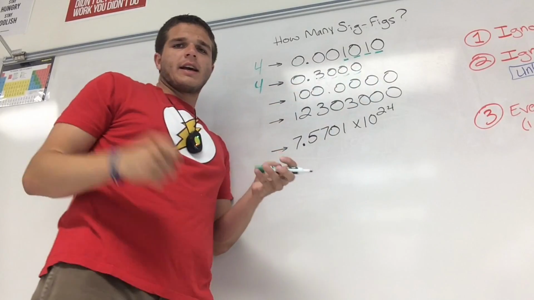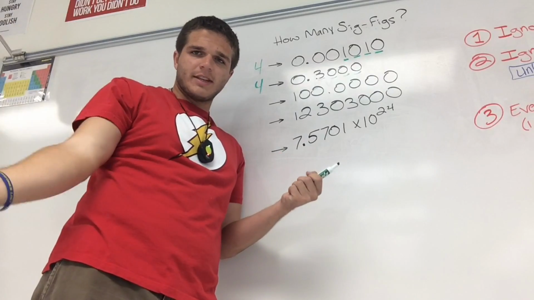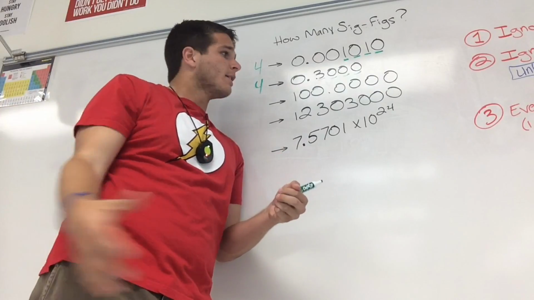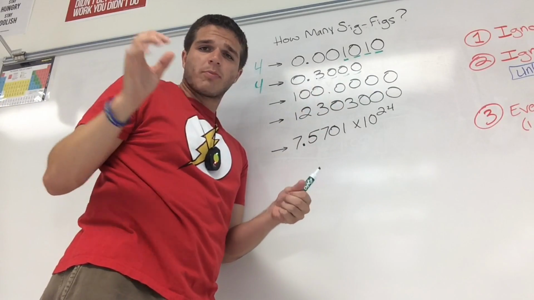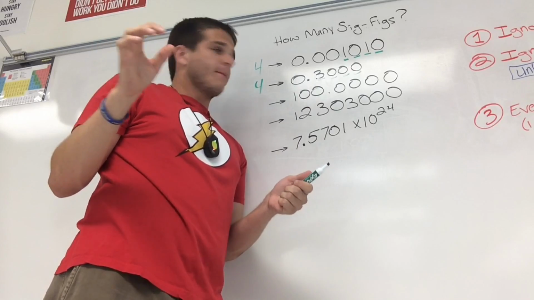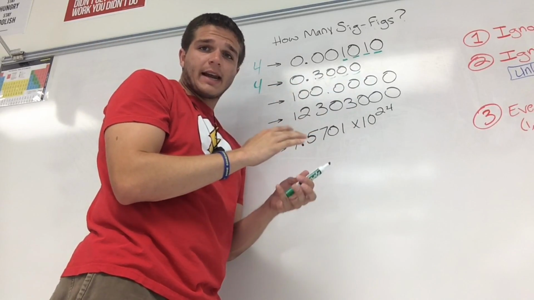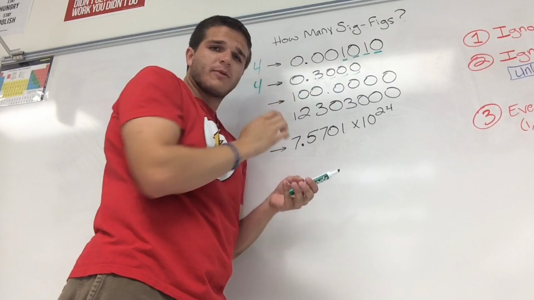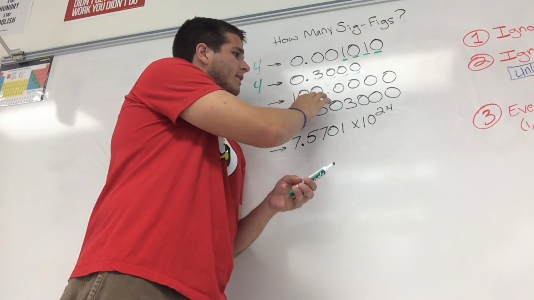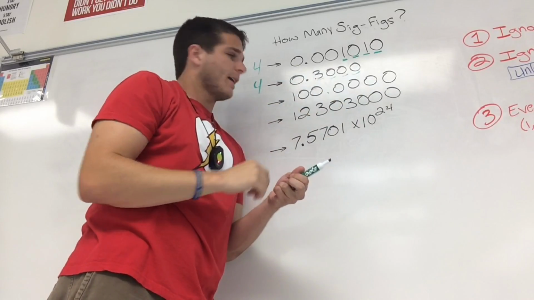100.0000. All right? Now you may think that's pointless. Why would you put so many zeros? That's ridiculous. Okay? But in this case, we're being more accurate, more precise with our data. Okay? Now, there are no leading zeros here, am I right? When I say that, I'm pretty sure I am. There's no zeros before the 1. We have our 1, and then we have our numbers that follow it. Okay? So we have